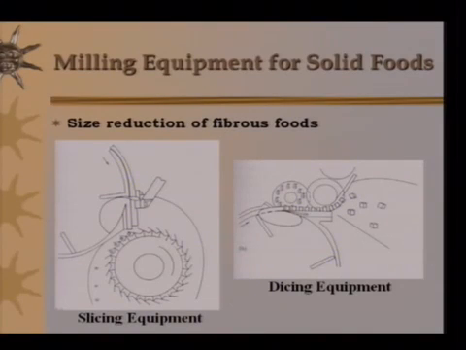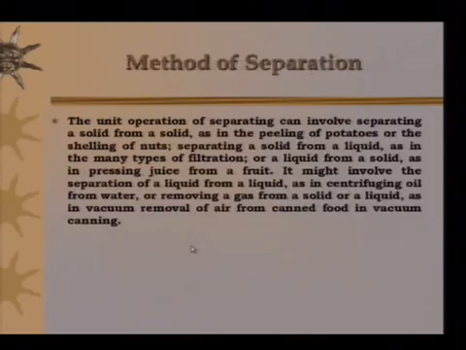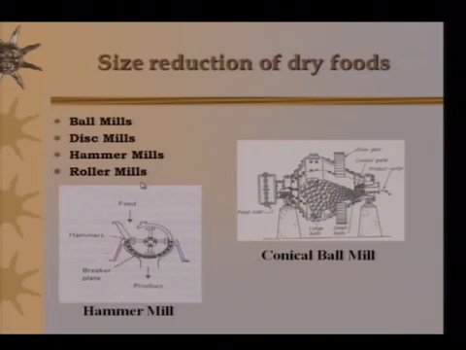If you see in solid foods something like fruits and vegetables, you need to reduce their sizes, and here again the size reduction of fibrous foods is going to be detailed. Now if you see here, the first picture is slicing equipment. Here the material is kept on the top, and a rotor with blades is rotated at a reasonable speed, thereby slicing the product